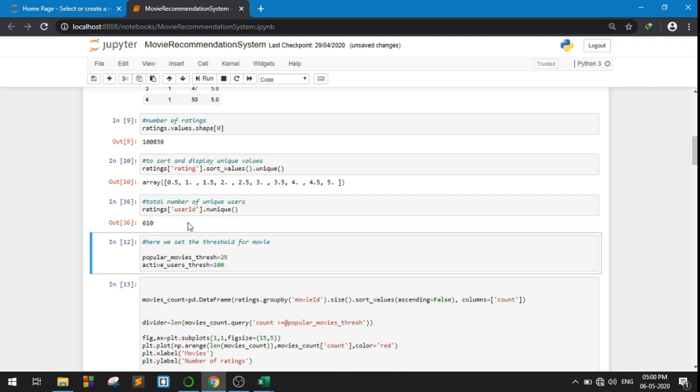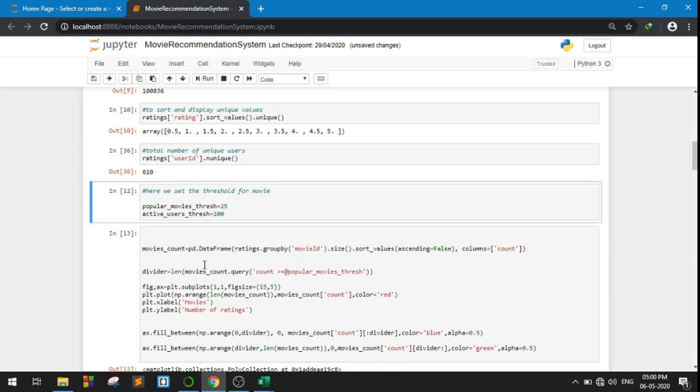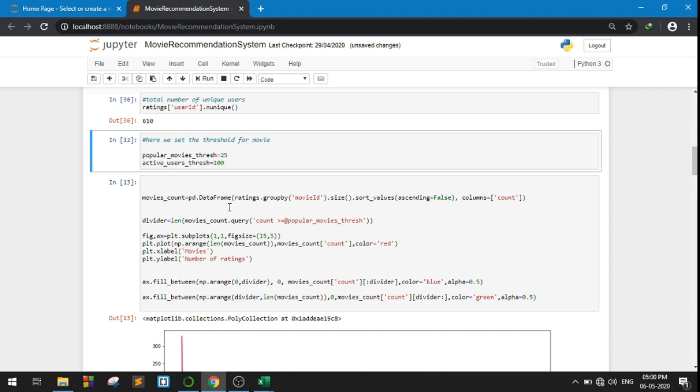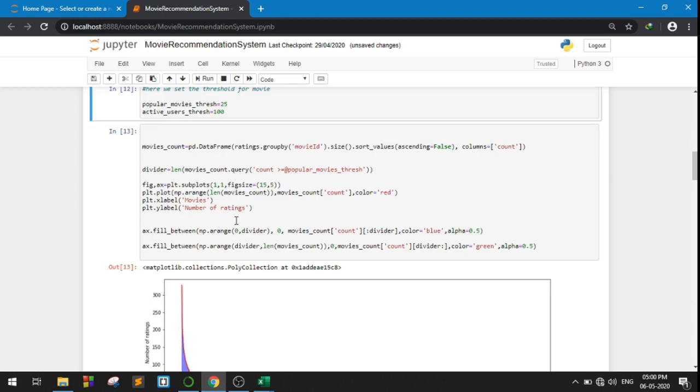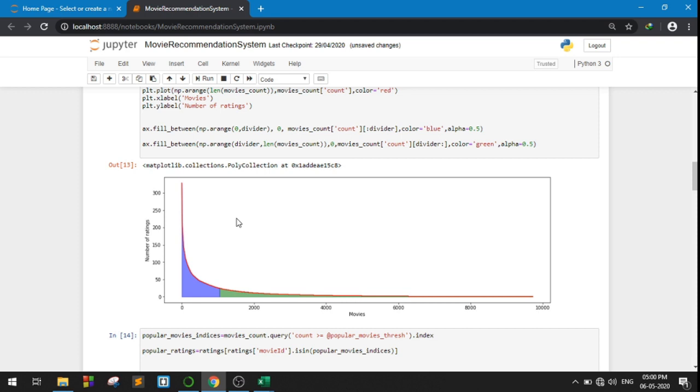Next, here we set the threshold value for popular movies and similarly for active users, which will be used to display the graph and also to discard values beyond the threshold. This function is used to visualize the long tail. Next, we calculate the divider, that is the location of the divider in the long tail.